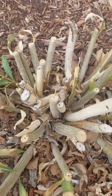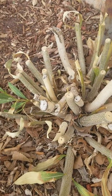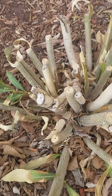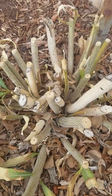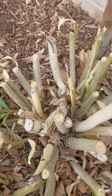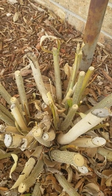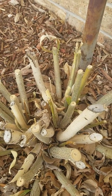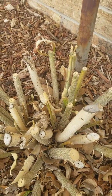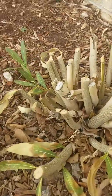So I would say that our oleanders are between 3 and 4 years old. And once they survived the first winter, these have been doing really, really well. And we clip them back late fall, and come springtime they get little shoots, and this will be over 4.5 to 5.5 feet tall. And ours have bright fuchsia pink flowers, blossoms. They're gorgeous. So if you have oleander, the one recommendation